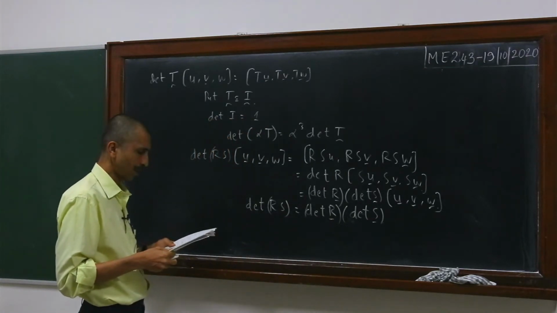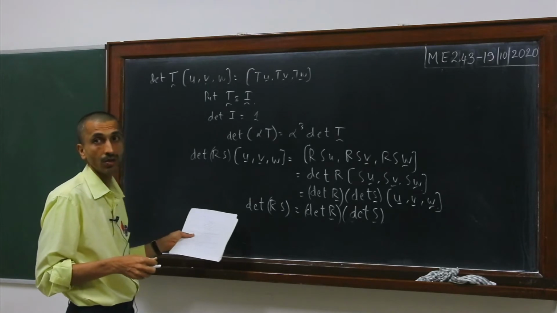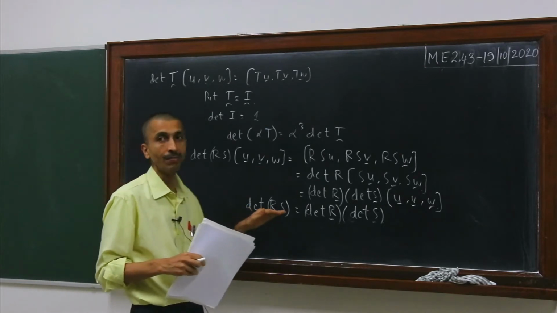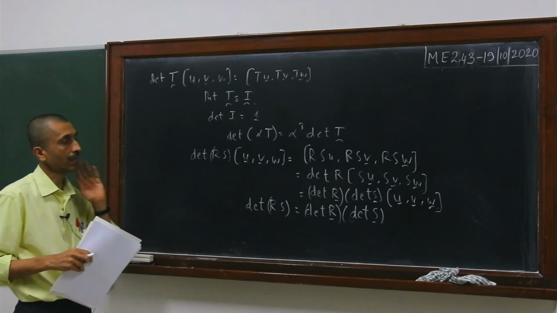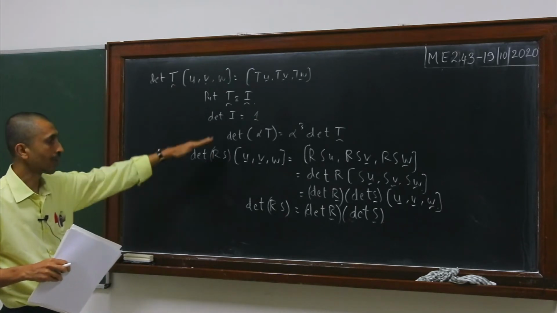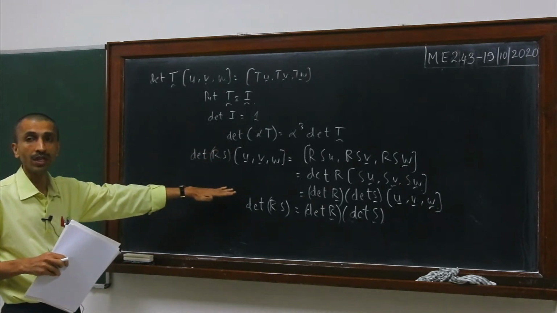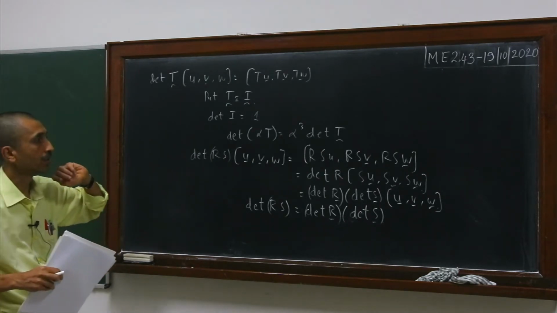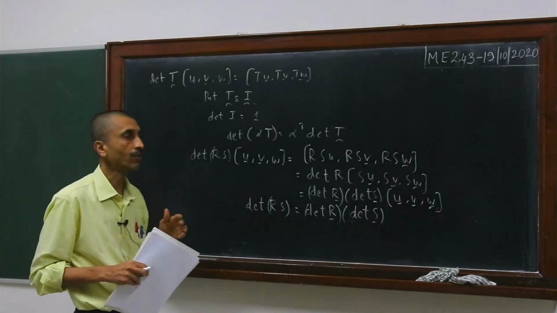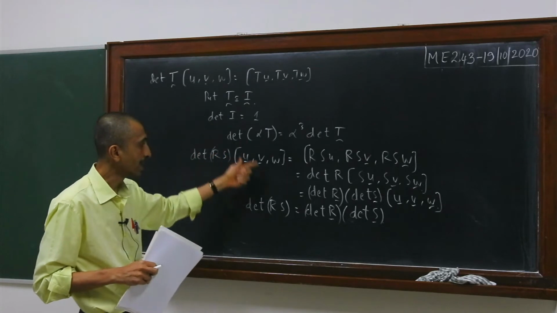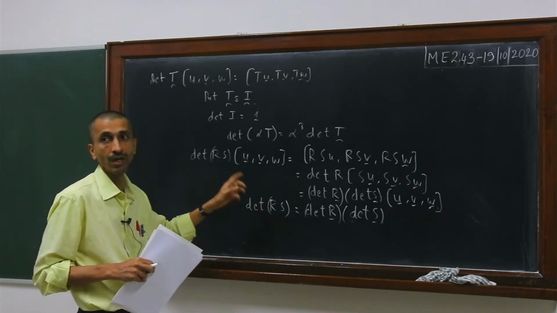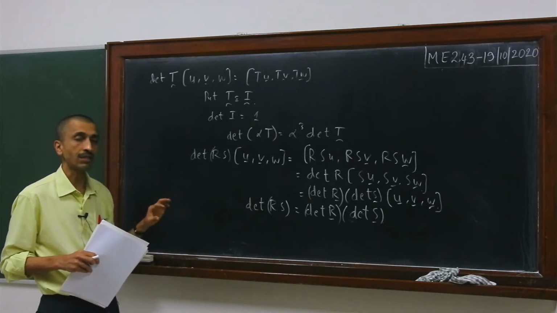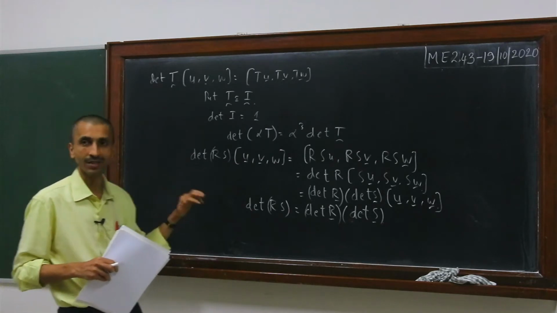Actually, if you try to show this result using indicial notation, then you will see that it is quite cumbersome to prove. Last time I had mentioned that there are two methods of proving any given result. One is the direct method. For example, this was the direct method where we did not use any indicial notation. The other method, of course, is using indicial notation. Last time I had mentioned that you need to be familiar with both these techniques. This is an example where the direct proof is far more elegant than the indicial notation proof. Of course, we have seen instances where the indicial notation proof is far simpler than the direct proof.